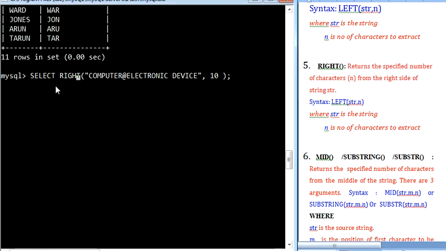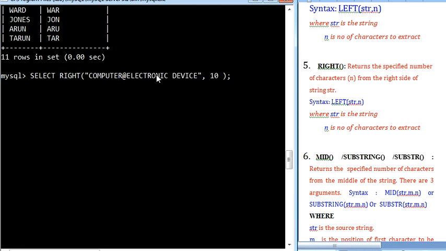Here you can see RIGHT, this is the string we have given, and 10. From the right side, meaning from the end of the string, it keeps counting till 10 characters, including spaces, special characters or digits, and those last 10 characters it will display: 1, 2, 3, 4, 5, 6, 7, 8, 9, 10.